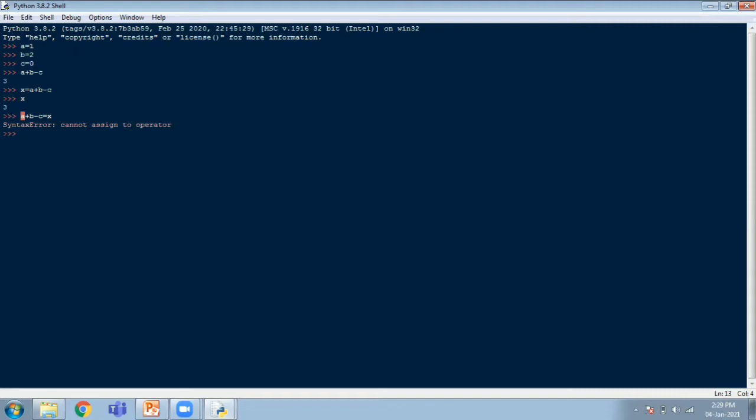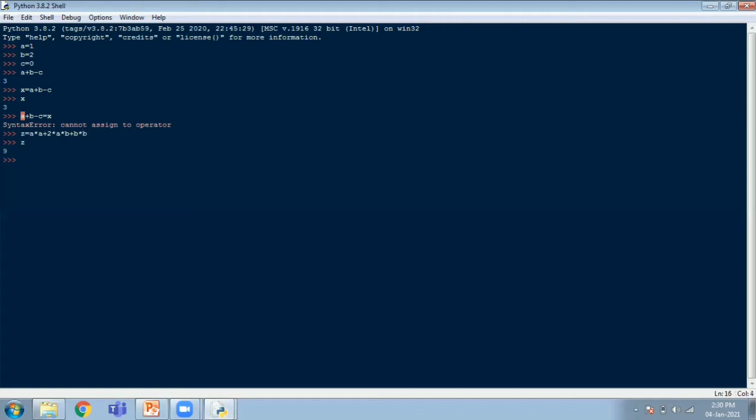With same A plus B, let us try to evaluate A plus B the whole square. Right? So A plus B the whole square, you know, A square plus 2AB plus B square. So let us try to give that. Let me assign it to Z. So A square, how will you give? A into A plus 2AB. How should you give? 2 multiplied by A multiplied by B. You cannot give simply 2AB. It cannot identify. You have to use the operators in between. Mathematically, you will say 2AB, which means 2 into A into B plus B square. So it is B into B.